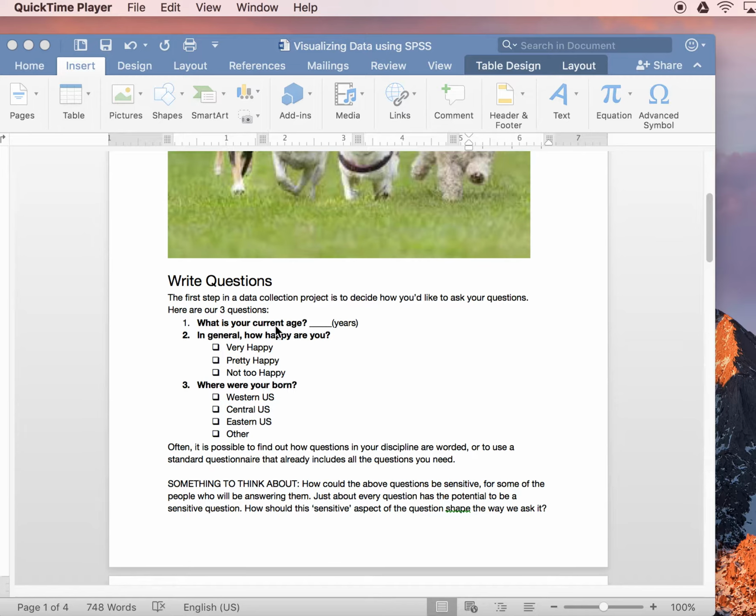First of all, we have, what is your current age? A lot of times we might be just tempted to say, how old are you? And the notion of being old, for some people, when they are thinking about old, they don't want to be a certain amount old. So if you just ask their current age, that might be a little bit less sensitive, although for somebody who doesn't want to tell you what their age is, that may not change that particular factor of it. So sometimes, like with age, there may just not be a completely diplomatic way of asking that, but if we ask, what is your current age, rather than how old are you,